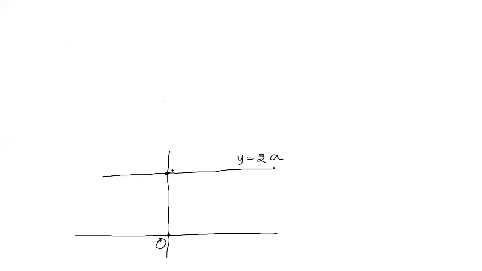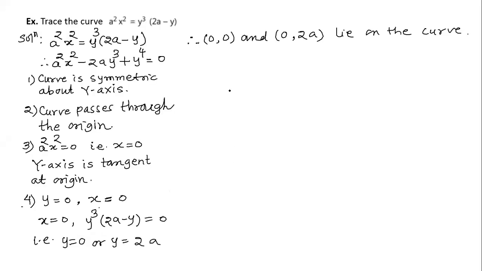This is the point. One more point. So I have told you, as soon as we get some more points beside the origin, we have to quickly start to find dy by dx or dx by dy, whichever we are comfortable with. If the curve is symmetric about the x-axis, then it is easier to find dy by dx. But here the curve is symmetric about the y-axis, so we'll be finding dx by dy.